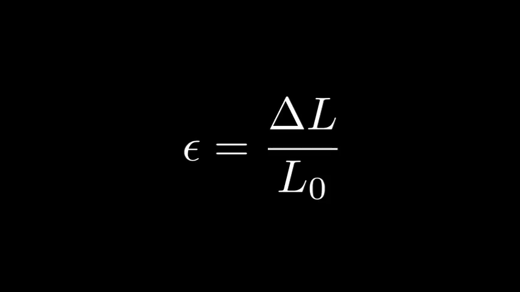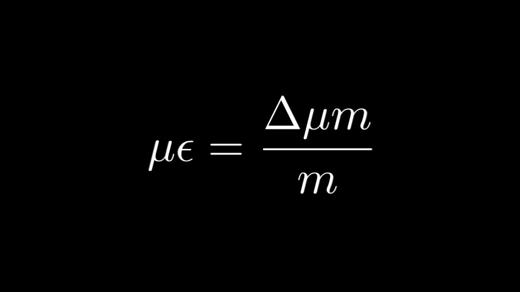Strain is a measure of the deformation of an object. It is defined as the change in length per unit length. As such, it is technically dimensionless. In this experiment, we will be working in units of microstrain, which is the change in length in micrometers per